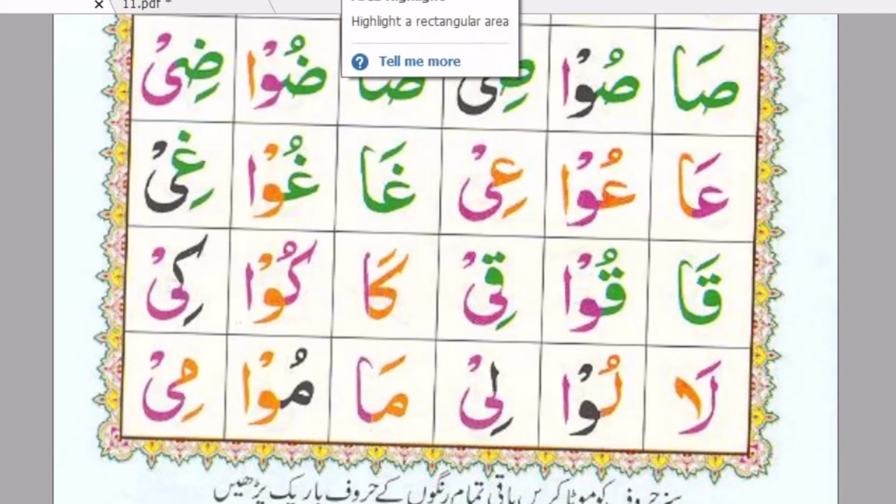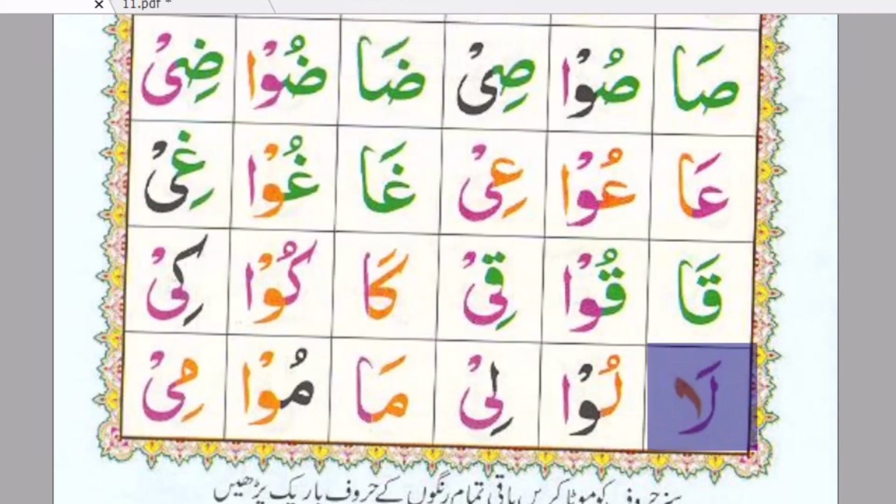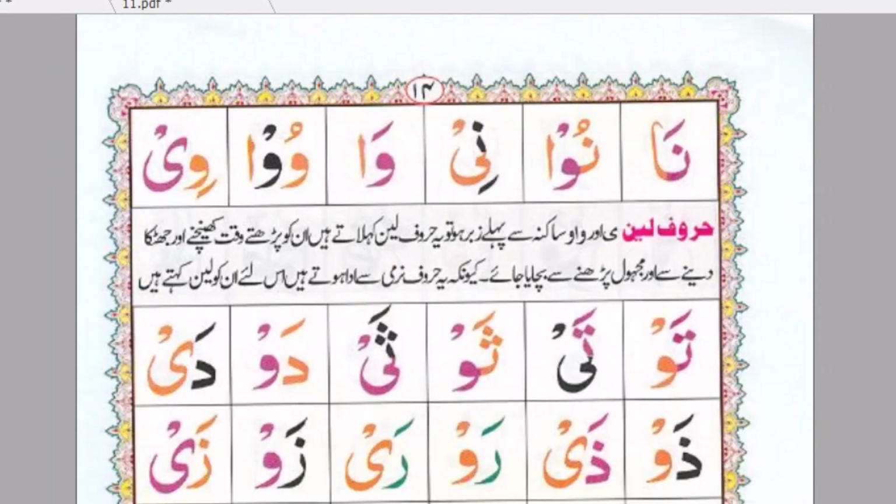And the next one is Lam Alif, La, Lam Waw Dhamma, Lu, Lam Ya Kasra, Li. Next is Mim, Mim Alif, Ma, Mim Waw Dhamma, Mu, Mim Ya Kasra, Mi. And the next is Noon,